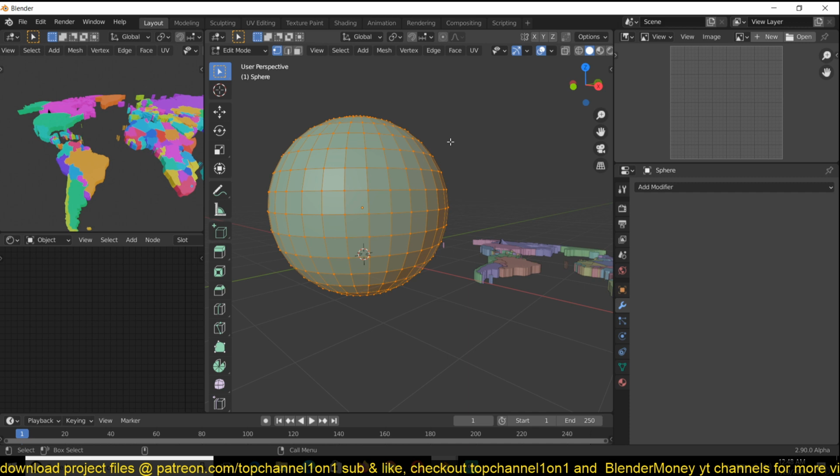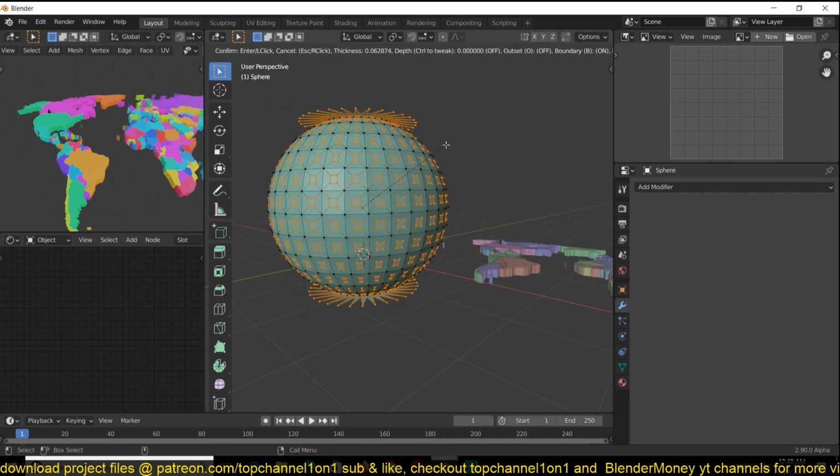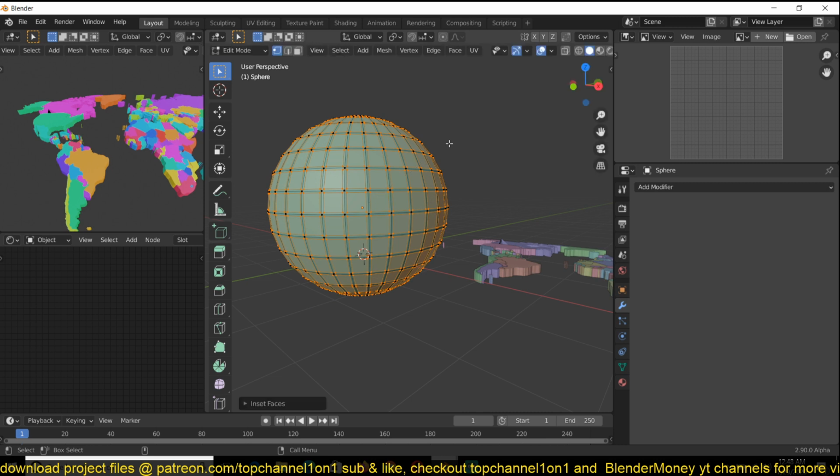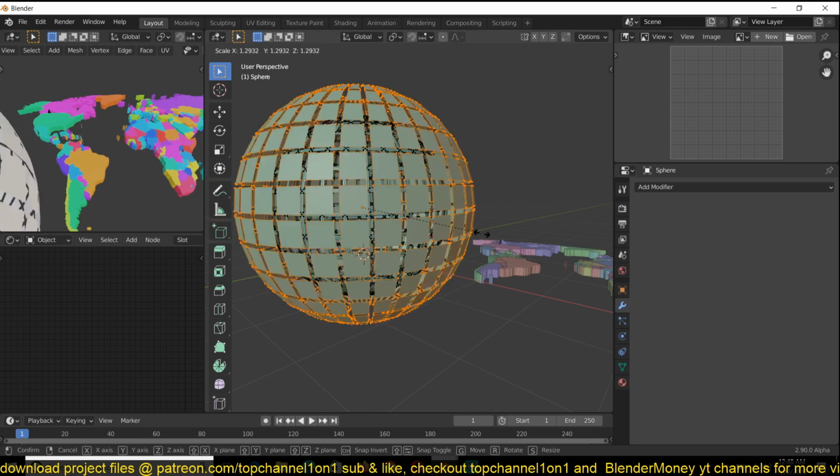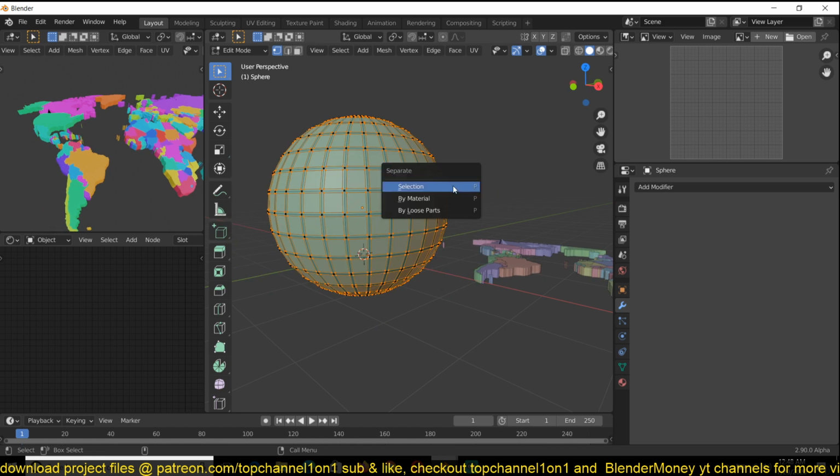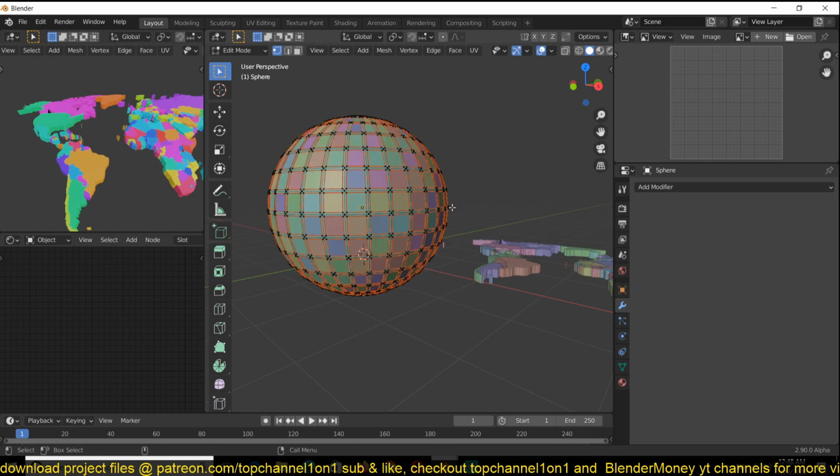You can just hit I to insert, then Y, so that we can separate the faces, then separate by those parts.